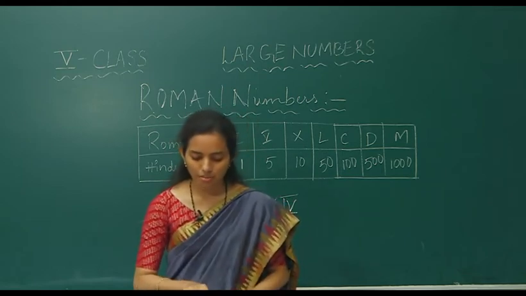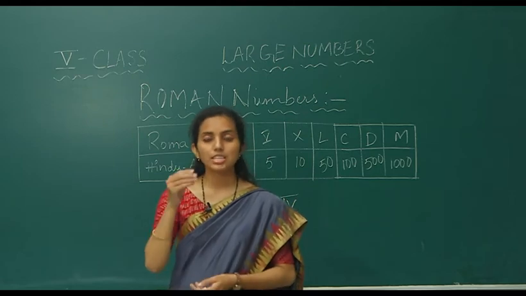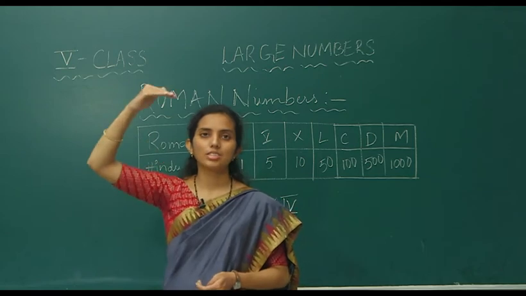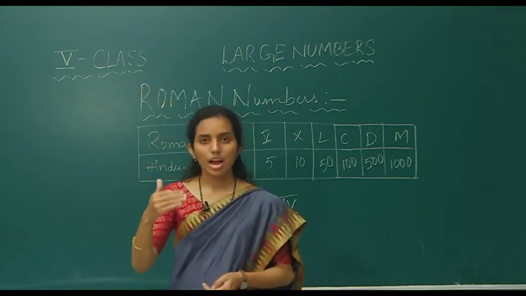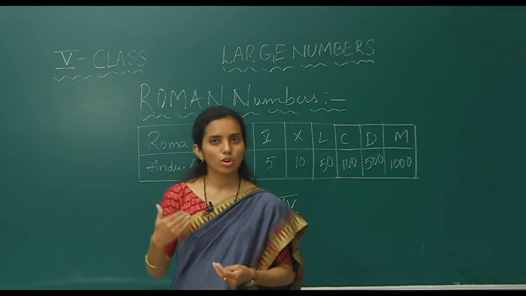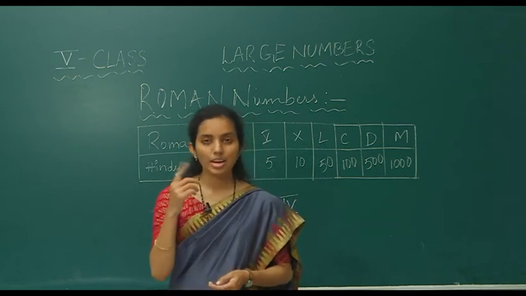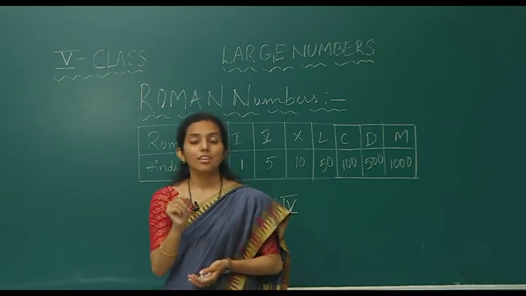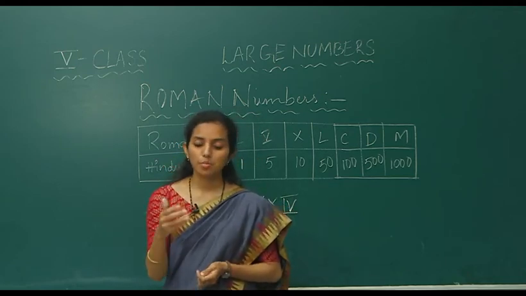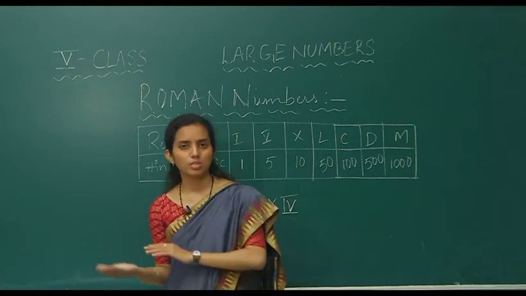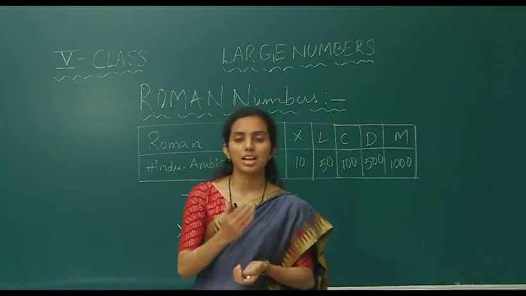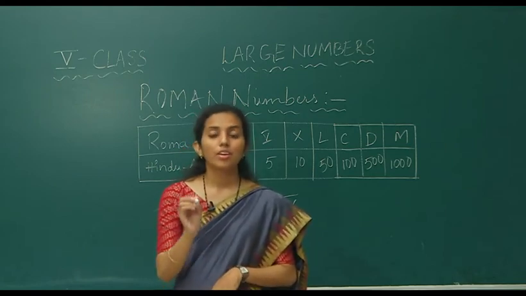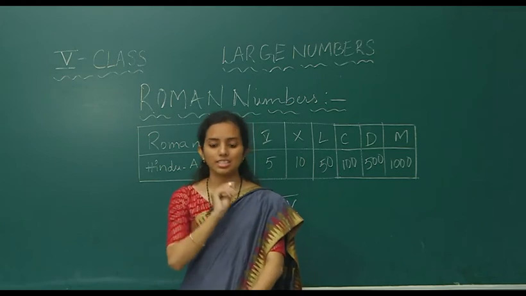For example, in which unit is the production of needles maximum? Maximum is highest. So what is the highest number? You write it there, and minimum is the lowest number. So write the lowest number. And number 9 in lakhs place. Find out the number where 9 is in lakhs place. There may be so many 9s. The 9 may be in ones place, tens place, hundreds place or thousands place, lakhs, 10 lakhs or crores. But he is asking only for the number where 9 is in lakhs place.